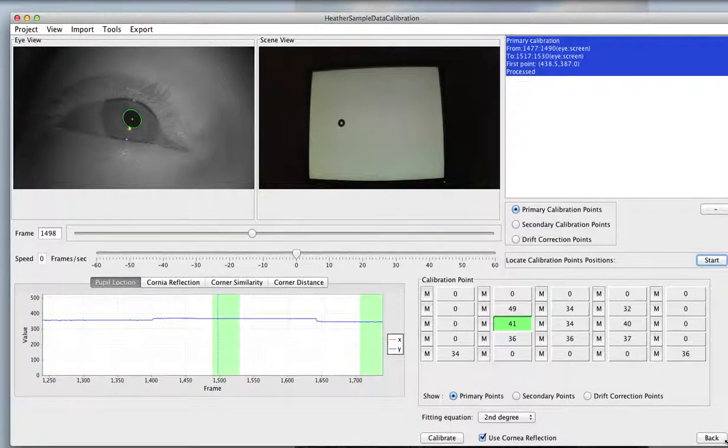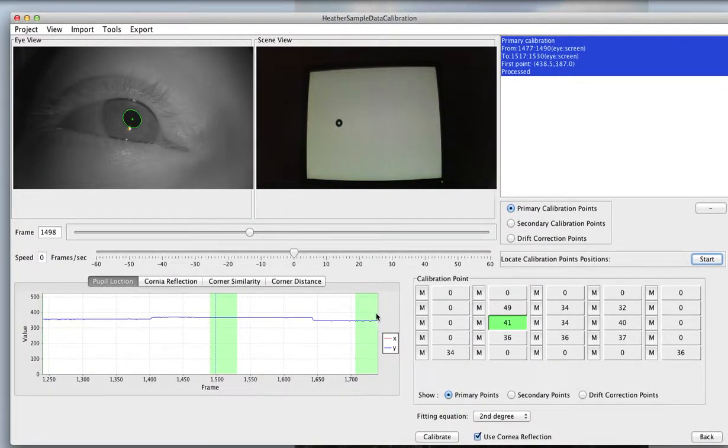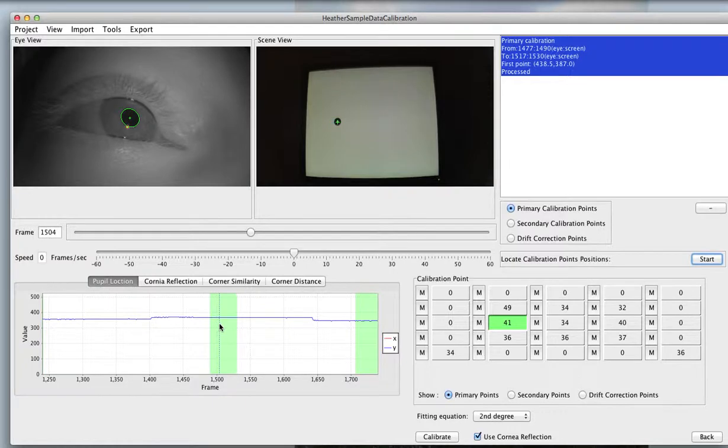Now that we've located all the calibration points, if we click on a cell here, you can see that for each different frame, the location here has been identified. And the next thing I'm going to do is actually calibrate the data, which means assigning a set of parameters that map a third-degree polynomial from the location of the eye gaze, the pupil here, to a